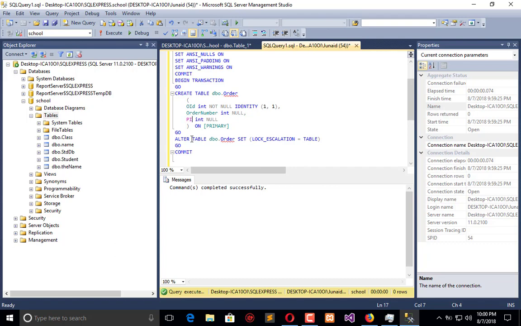Okay, so here we have the PID. So when we are going to create a foreign key in any table, how we will explain that, right after this PID int null,